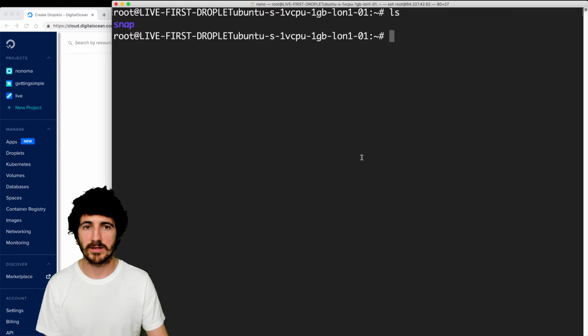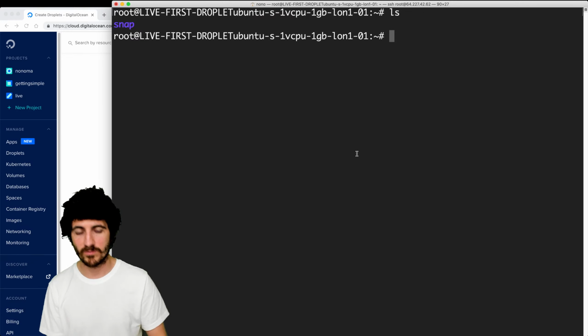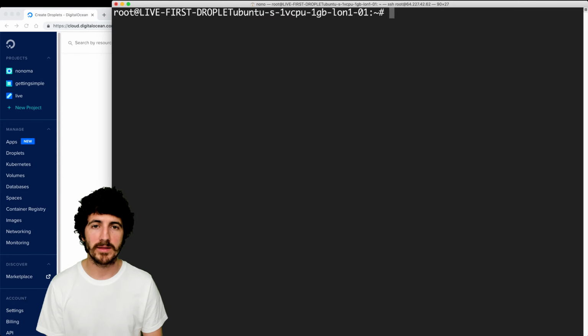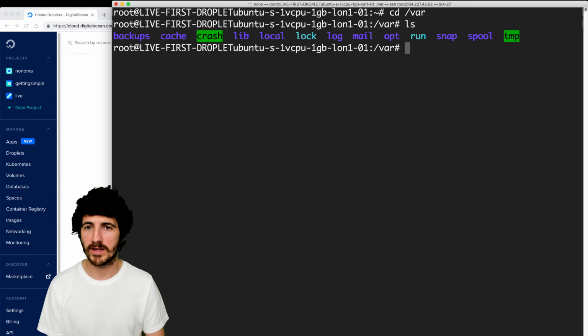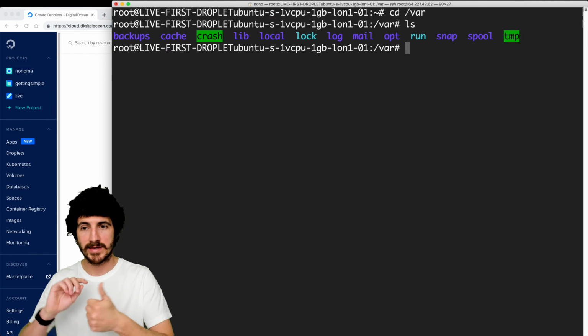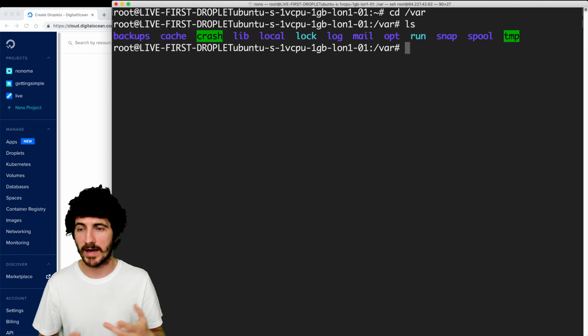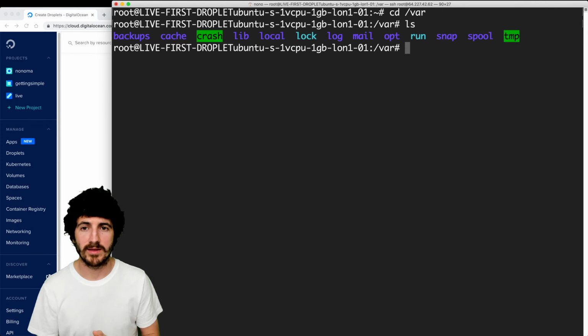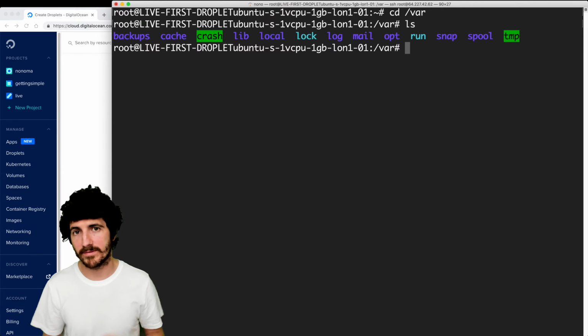We can do things like navigate and see what's in there. And for all that is in here, I'm not sure there is a lot. The Git is installed, but I'm not sure of what applications are installed in here. So we don't really have like a www folder for hosting websites. We don't really have Nginx, we don't have Node, we don't really have anything, right?